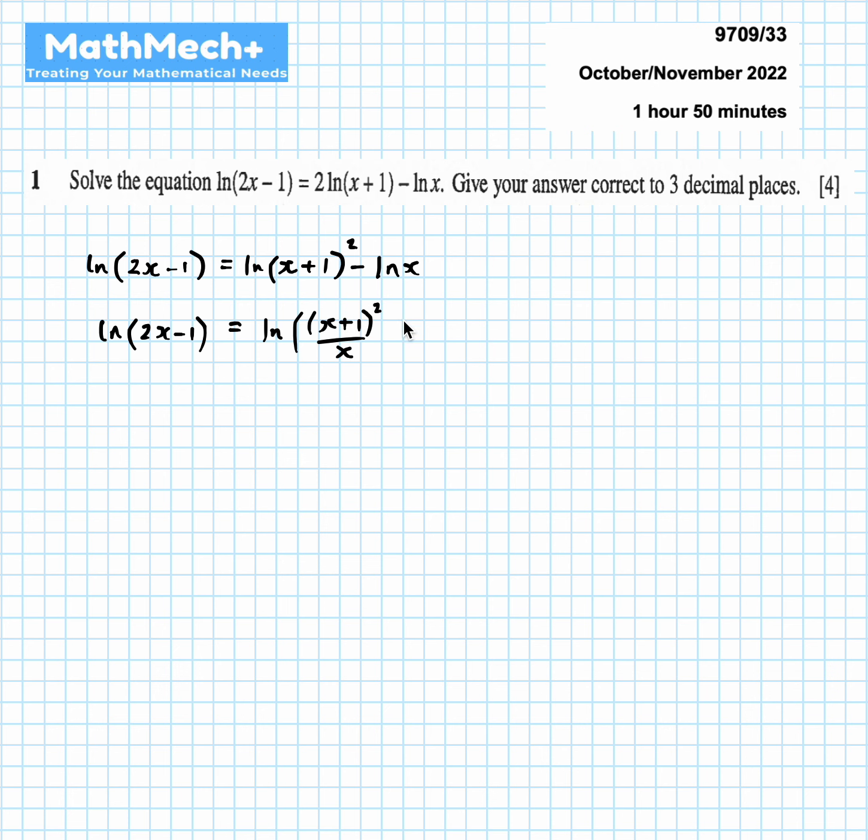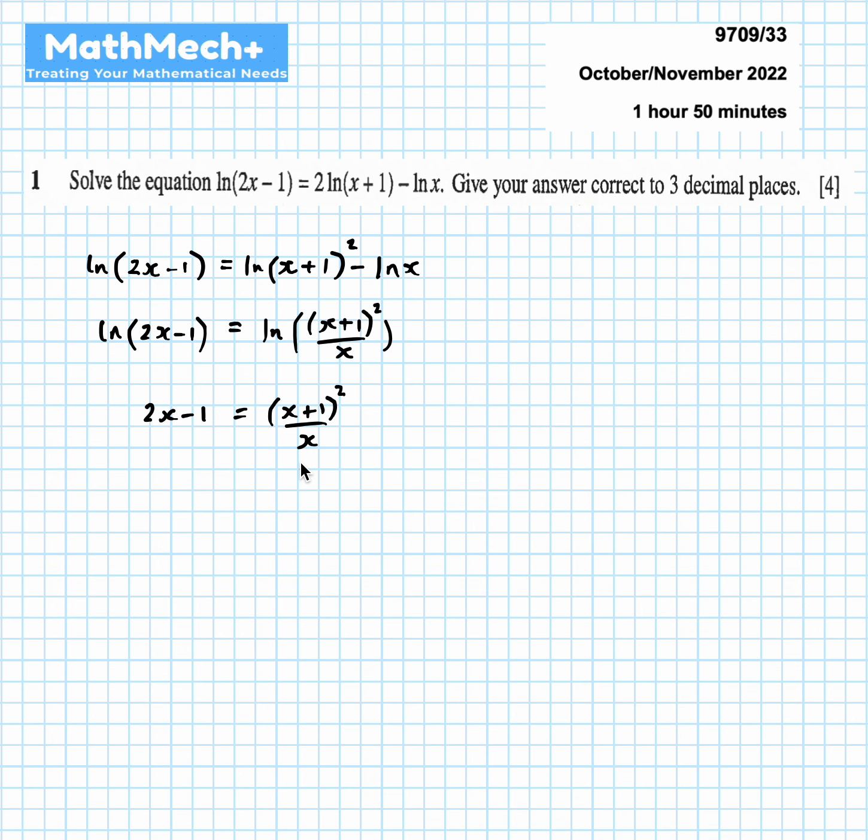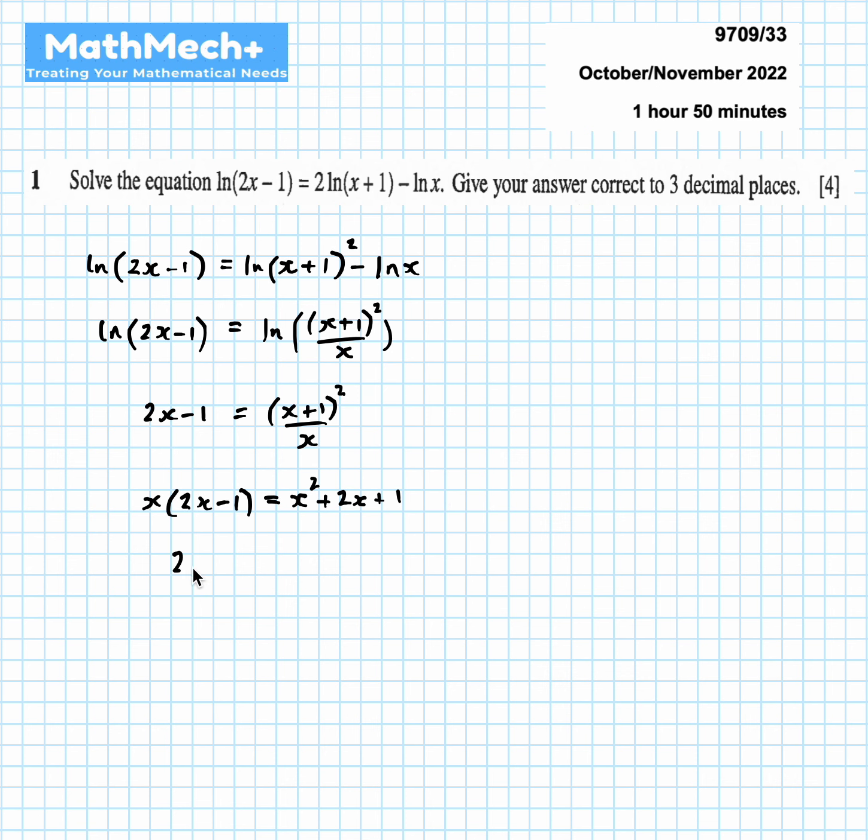Using our laws, we have our basic 3 laws of logarithms. And in there I've used the power rule, and we've subtracted as well. And once you have ln on both sides, of course, they cancel out. And now just multiplying across, or multiplying by x on both sides if you want. Expand brackets, simplify. And you'll notice that we have to give our answer to 3 decimal places, which tells us